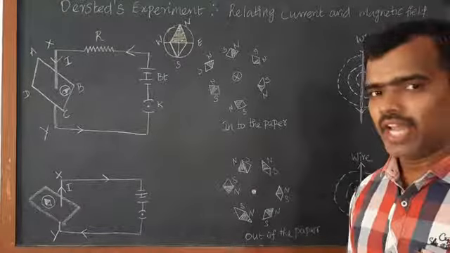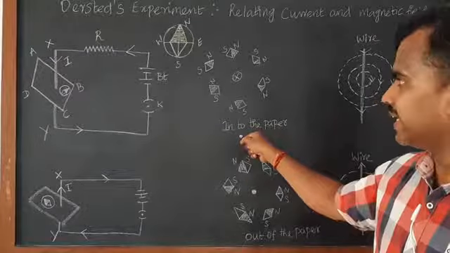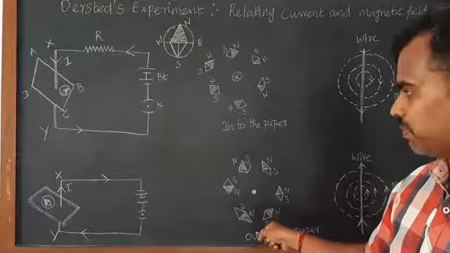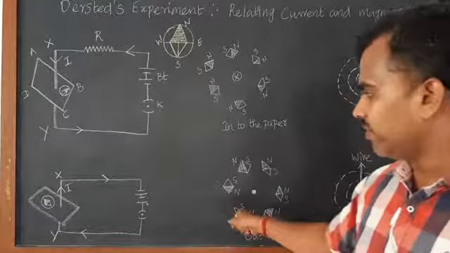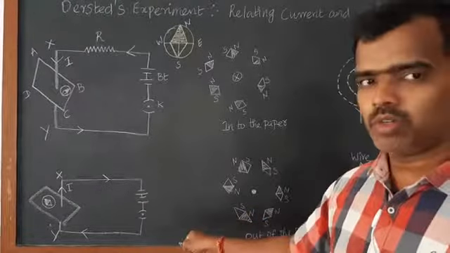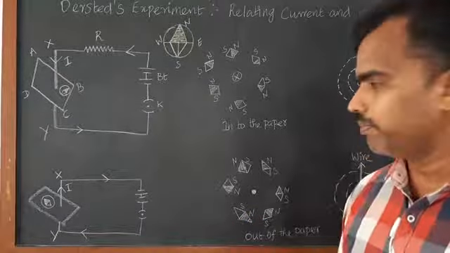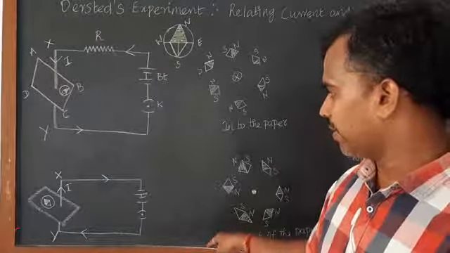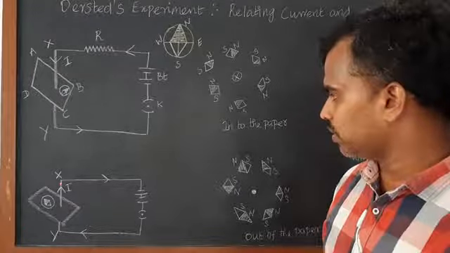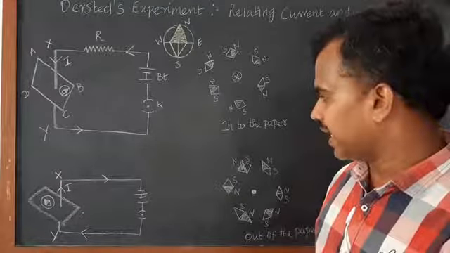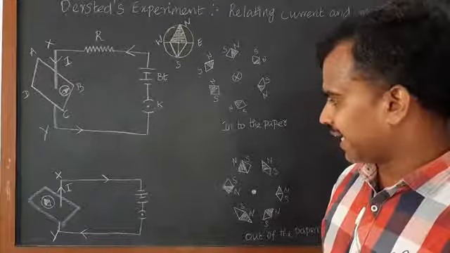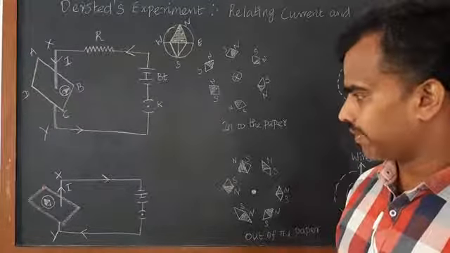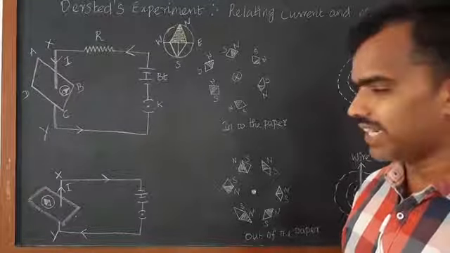Now, if you change the polarity, here we have positive terminal, negative terminal, positive terminal. Now, the current flows from the positive terminal to negative terminal. So, now look at here, the same procedure, but the current flows out of the paper, it is ejecting out from the paper. Yes, so that is what we call out of the paper.